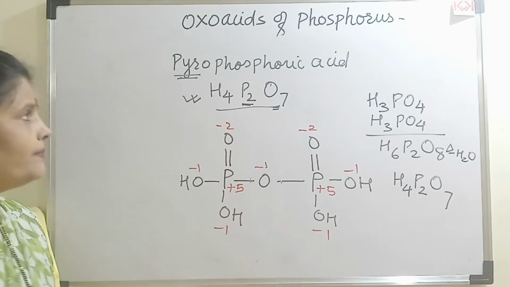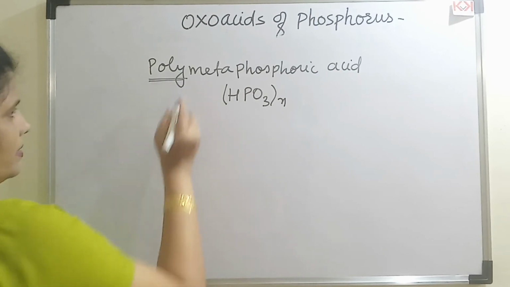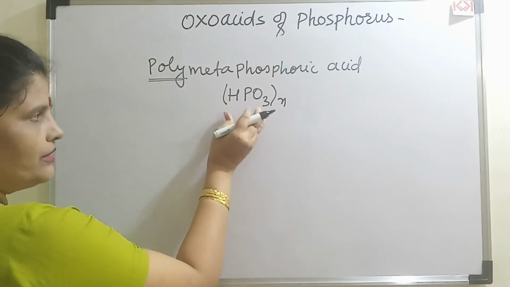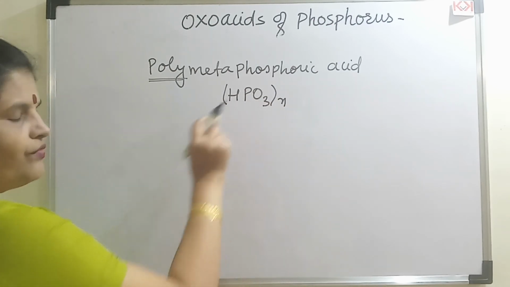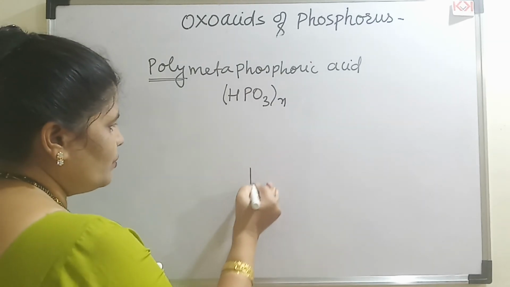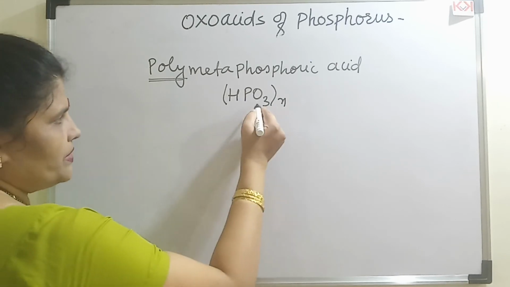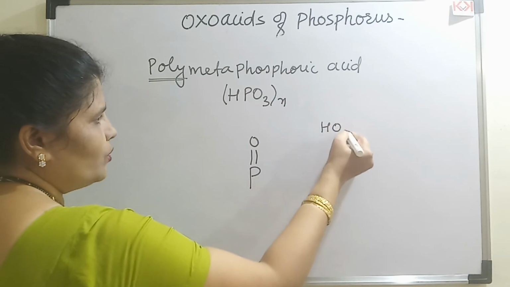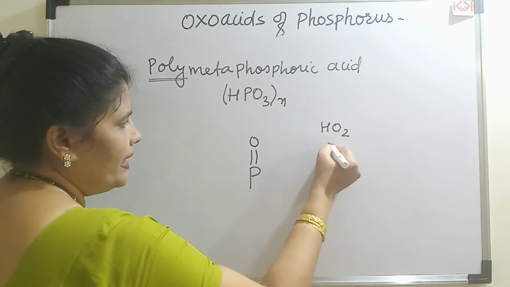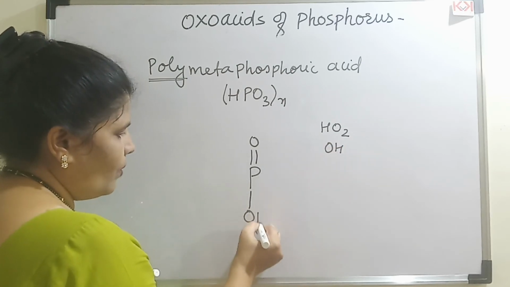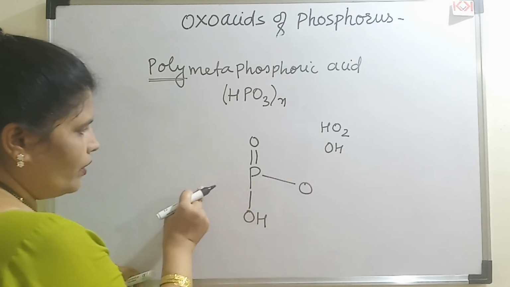Let's see the next example. Here, if you see the word, student, it's poly. It's something like a monomer or the simple unit repeated over and over. So let us see what will be the skeleton for this. The rules are the same. First you draw the central atom. Then you attach a double bond oxygen. Now if you see what is left, hydrogen and 2 oxygens, right? Form the maximum number of OH pairs. So you will get 1 OH. Attach that 1 OH in this way. The remaining 1 oxygen you attach either on this side or on this side.